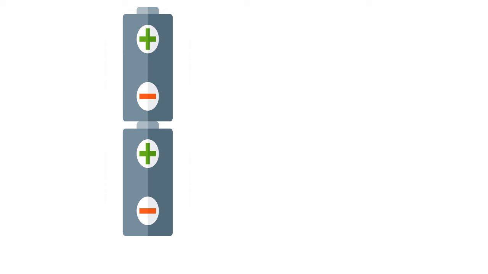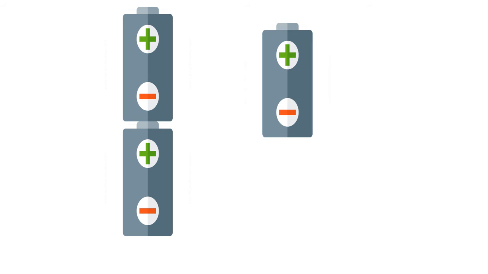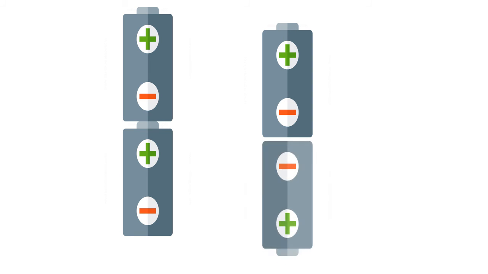See. Here negative terminal and negative terminal. So it is not okay. The current will not flow. It is not okay. Electric current will not flow through this. So it is the wrong one. So the bulb will not light. If you connect inside the torch like this, the bulb will not light.